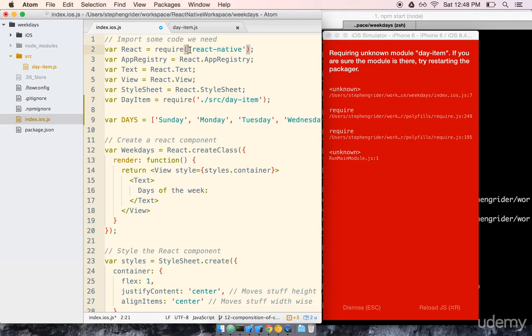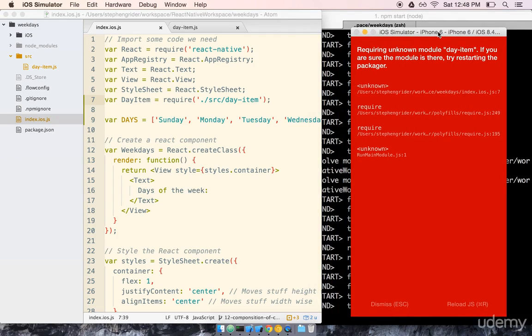So again, libraries we can just use by direct name, and everything works out just fine. Files that we write, however, we have to give the very explicit project path to. So we're going to go ahead and save this, and we'll refresh,